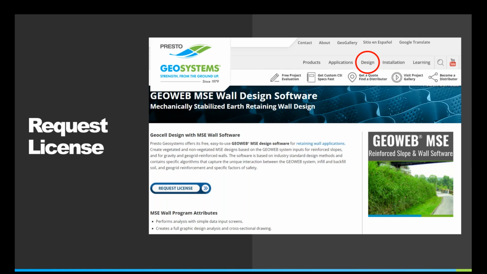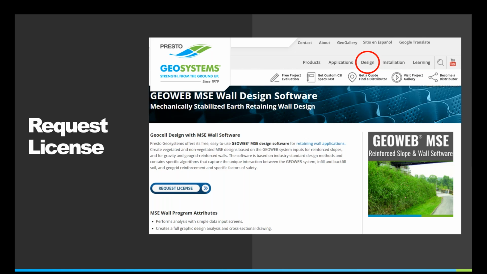You get a password for it. It is completely free. You don't pay for it, and we do update it once a year at the start of the year to make sure that it is up to date with all FHWA standards and anything else that might have come out over the course of the year to make sure that it is going to be the most accurate that we can give you.